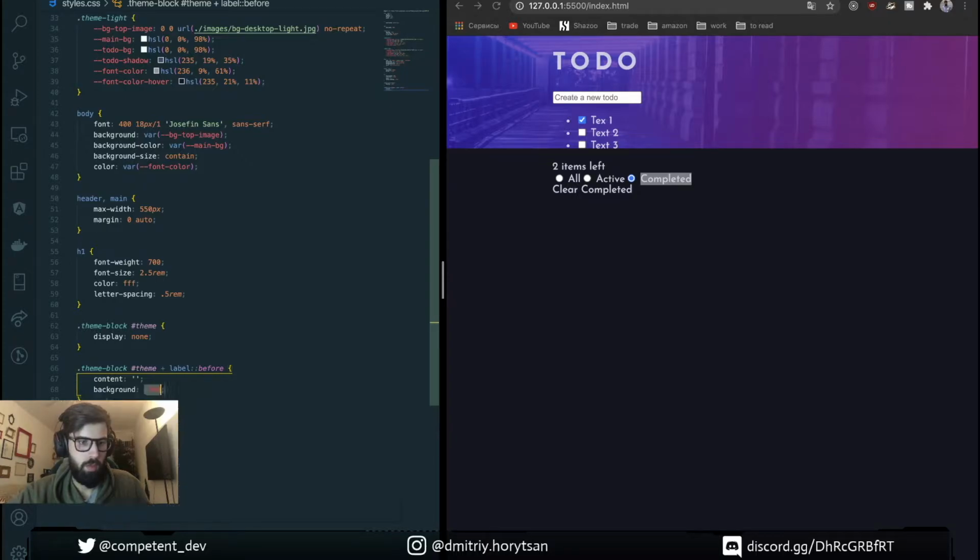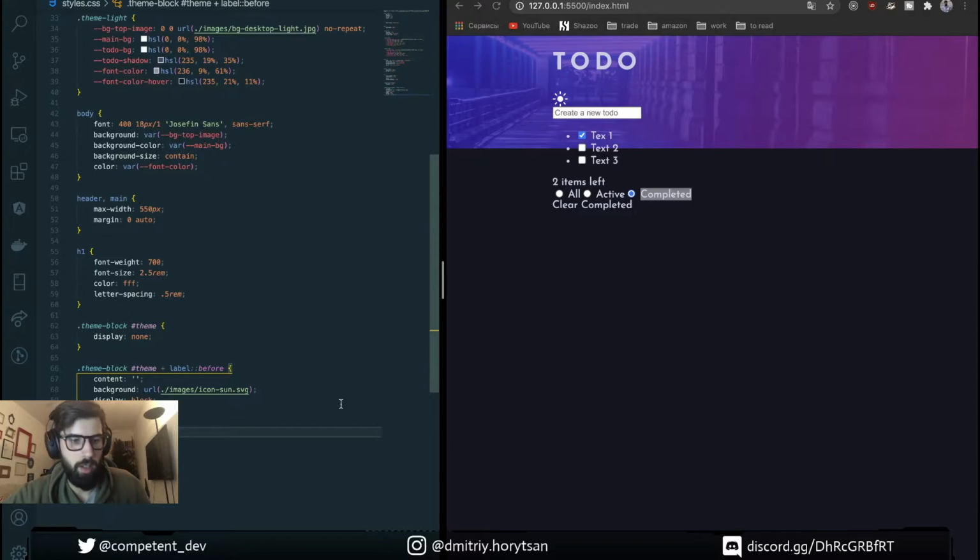So URL address, what is it? It's a sun. If not checked, it's the sun icon. Display block, width 26, height 26, and cursor pointer. Okay, nice.